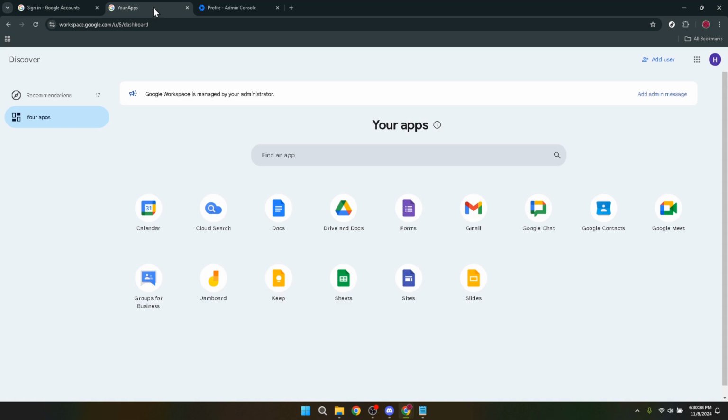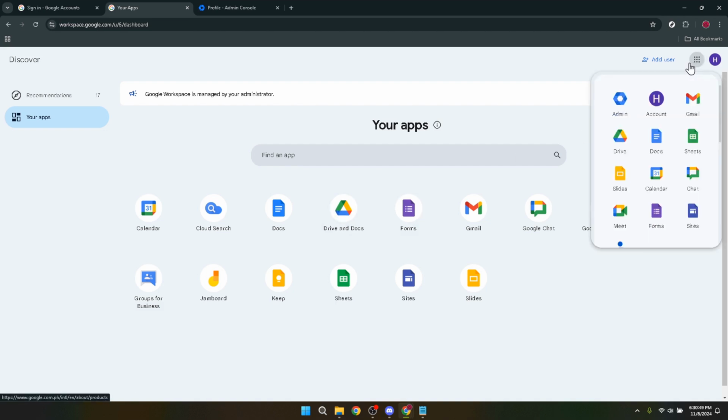Now look for the square dot icon located at the top right corner of your screen and click on it. This icon represents the Google Apps launcher, and clicking on it will reveal various Google services and applications available to you, including the admin console. To access the admin settings, you'll need to go directly to the admin console. You can either navigate there through the Google Apps launcher by finding the admin icon, or simply click on the direct link provided here,